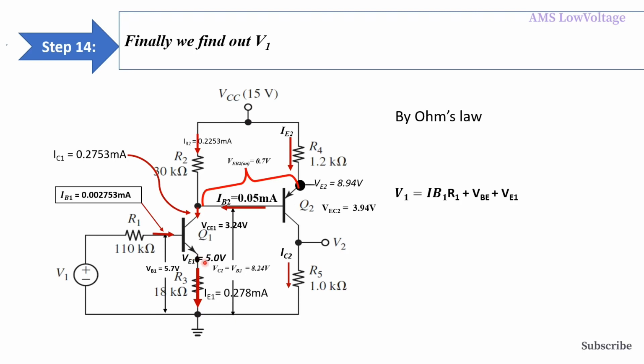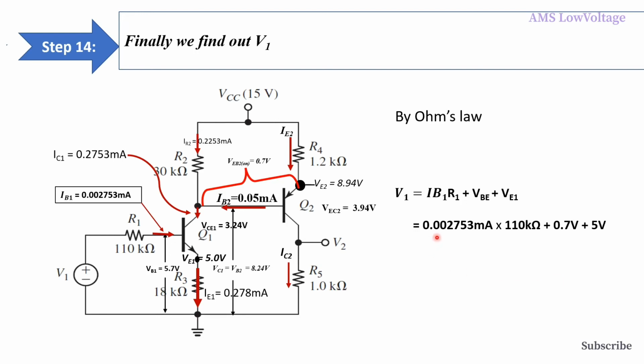So 1 part, 2 part, and 3 part make the voltage V1. So V1 equal to IB1 R1 plus VBE1 plus VE1. Putting in the values we found in the previous steps,